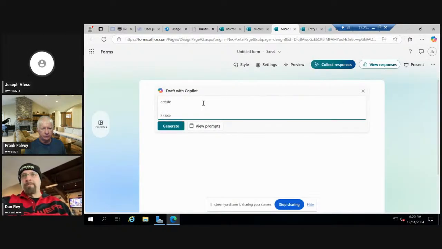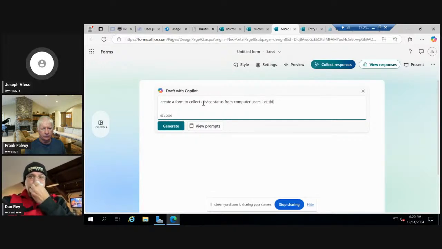So we can say create a form to collect device status from computer users. Let this include